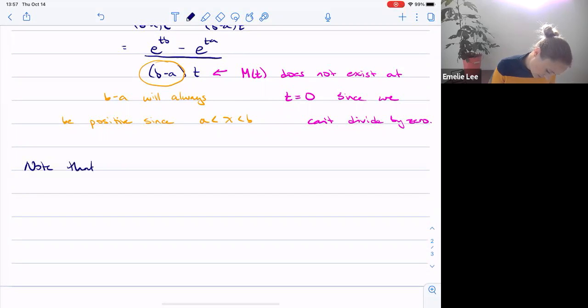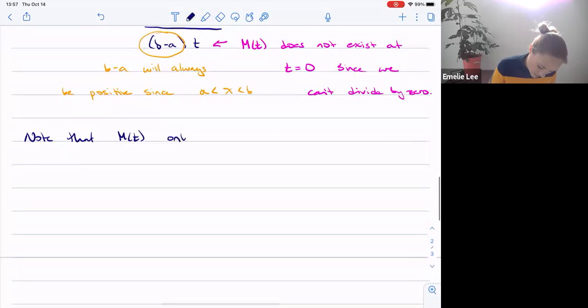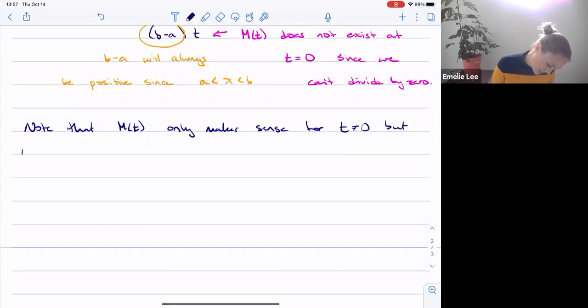Okay, so here what we're going to say is, note that m of t only makes sense for t not equal to 0. But we can show using L'Hopital's rule,